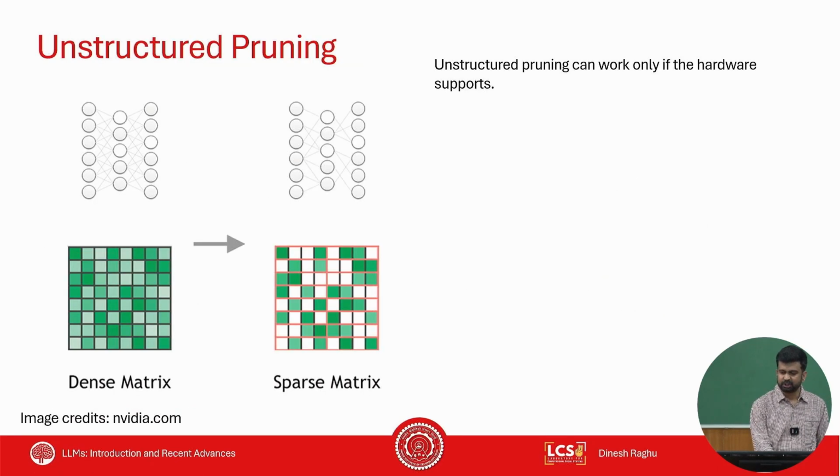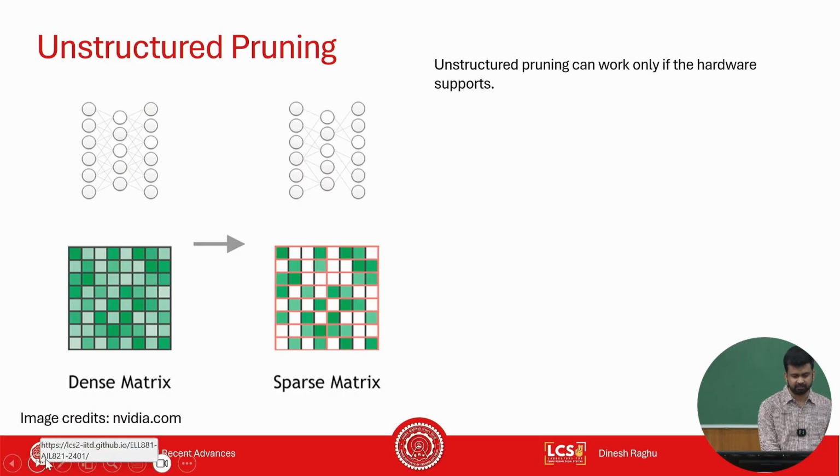And so the issue with unstructured pruning is that, let's say you prune, right? You make a lot of values in your matrix 0, right? But still, if the hardware is not going to utilize that information, it's as much as using that same FP16 or storing 0 as well. It's not going to give you speed up in numbers. It's not going to save compute. It's not going to save energy. Nothing is saved, right? So there is no point in actually doing unstructured pruning if your hardware doesn't support it, right? So it's a very important part.